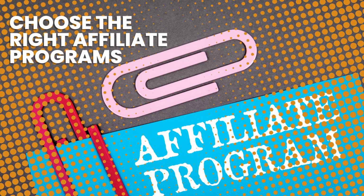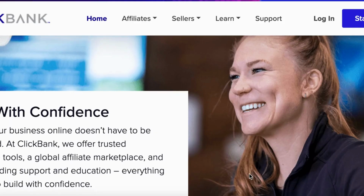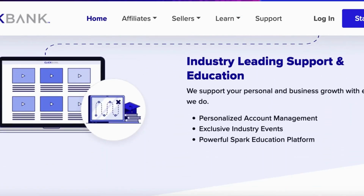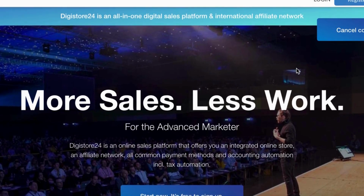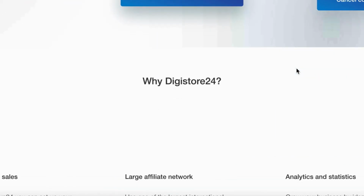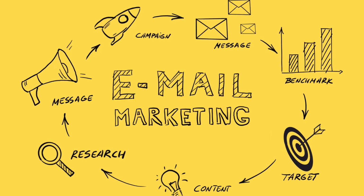Number 6, choose the right affiliate programs. Affiliate marketing is a popular way to monetize a blog. Choose affiliate programs that align with your niche and offer high commission rates. For instance, if you're in a digital marketing niche, you may sign up for affiliate offers from email marketing software